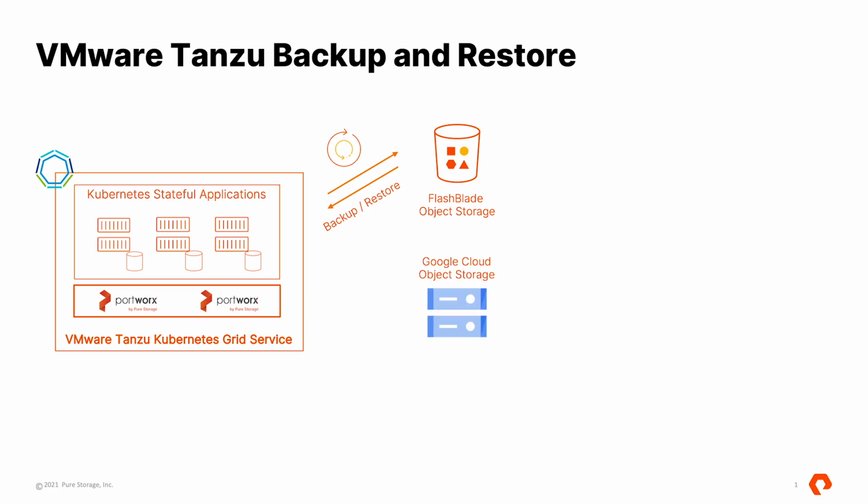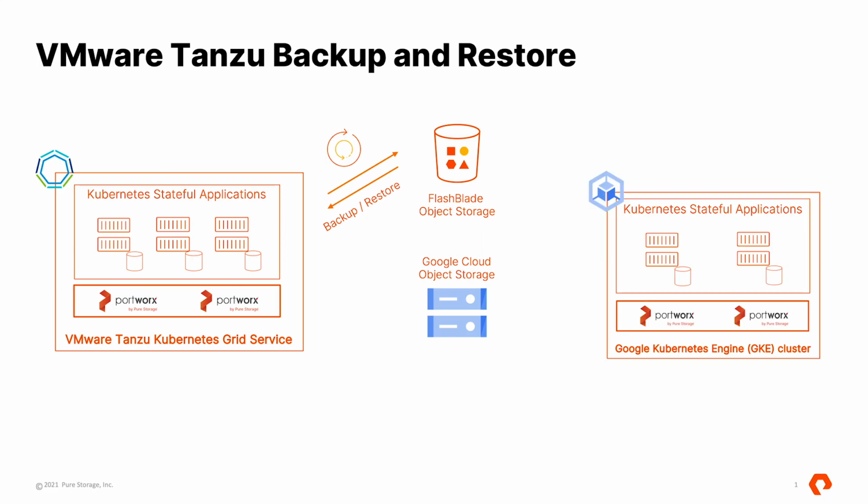The second scenario that we want to cover in this demo is how you can use public cloud endpoints like a Google Cloud Object Storage bucket and a GKE cluster to perform restores from the backups generated from my on-prem TKGS clusters. So we have a stateful application running on my on-prem VMware TKGS cluster. I use PX Backup to create a backup job and backup snapshots, store them in the Google Cloud Object Storage bucket, and when needed, I use PX Backup to restore the same application onto a different GKE cluster, or a cluster that's running in the public cloud.